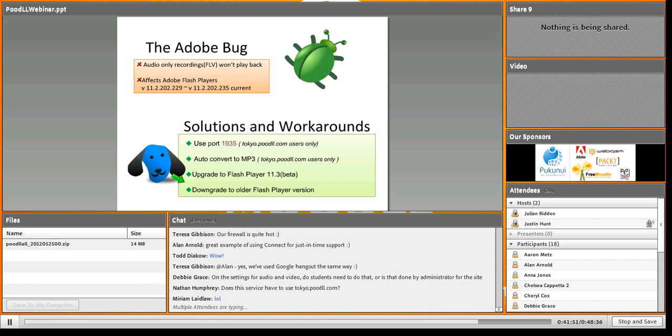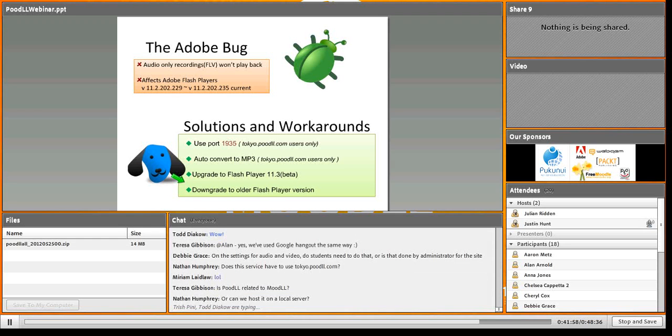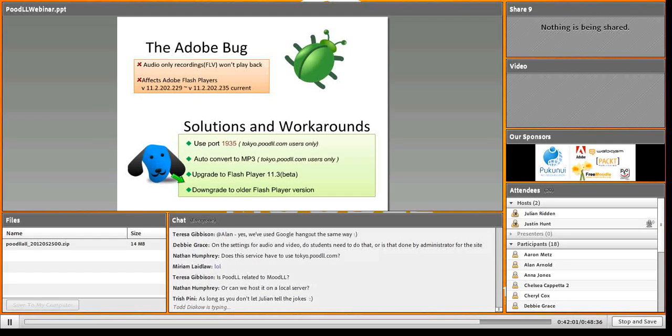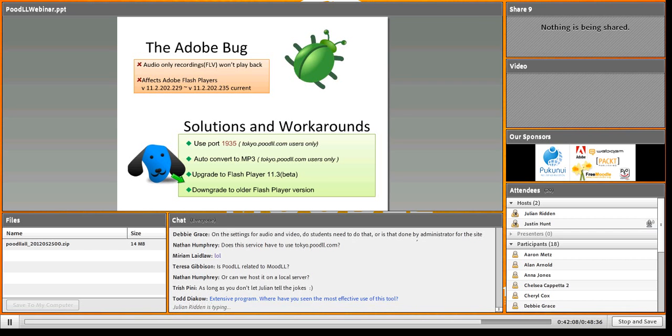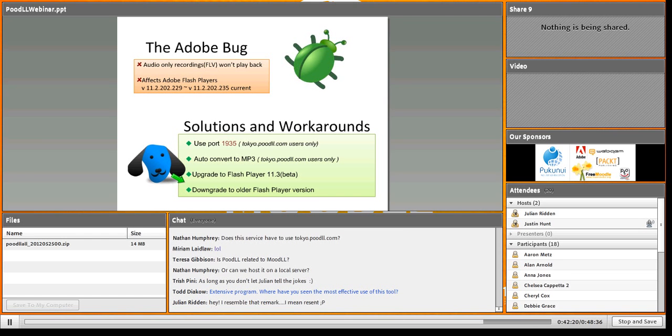The settings for audio and video, do students need to do that? They don't need to do that. On the PoodLL filter settings page, you just saw me edit some settings there to get Teresa through that port 80, port 1935 problem. So on that settings page, if the administrator sets the various settings there, then those are applied automatically to the students' recorders when they're displayed. Okay, so the student really has to have no knowledge of that. It's probably the students will only really need to adjust their own settings if perhaps they weren't in the same location. Perhaps you had students accessing it from home and they had different situations.